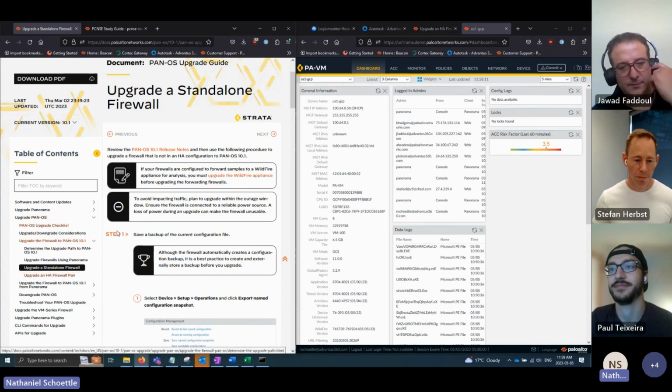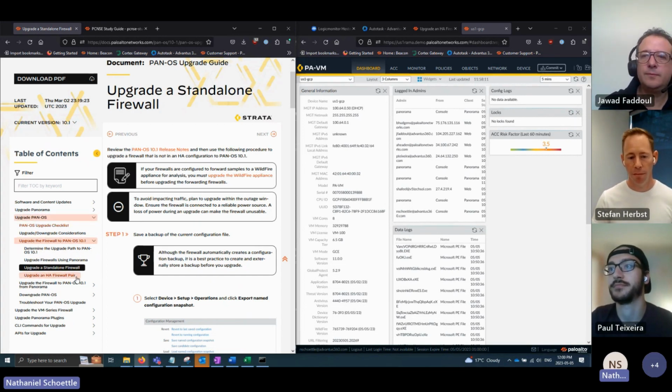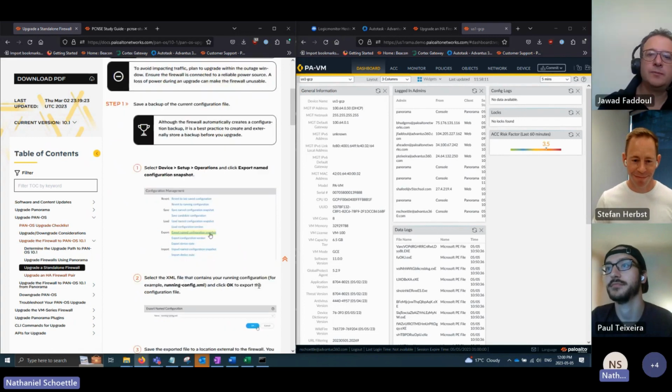It has a document for the process of upgrading a standalone and an HA firewall. The demo box that I have here doesn't have HA, so we'll just focus on standalone and then briefly touch on HA afterwards. So starting off, and you guys might know because I haven't done the exam,